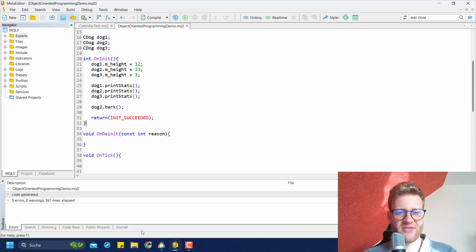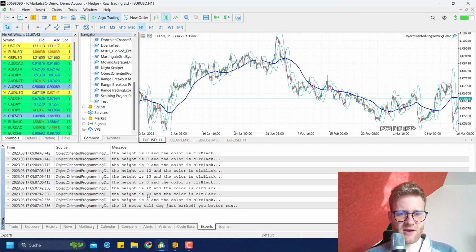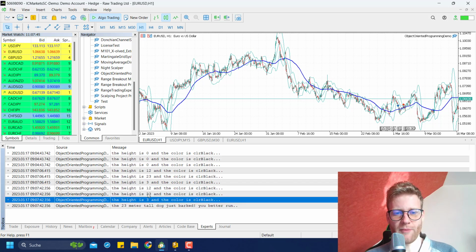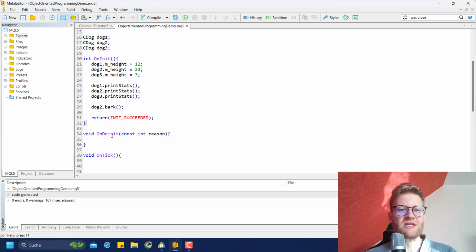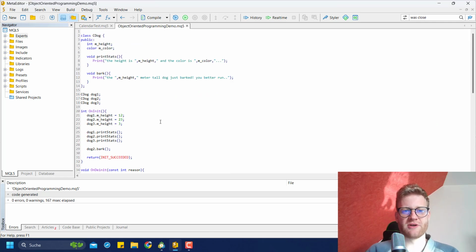And if I compile it like this, you can see that I get the output that I got before, but now the 23-meter tall dog just barked at you, so you better run. So you can see this is how you can use object-oriented programming. Also, there is more to object-oriented programming. For example, you could say,